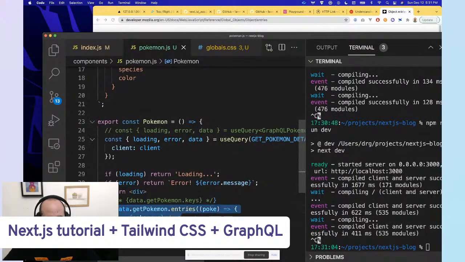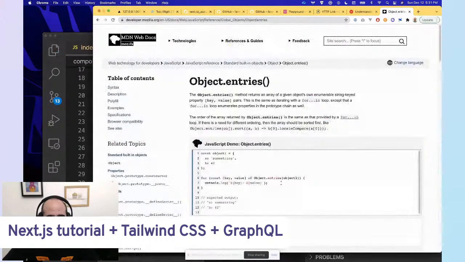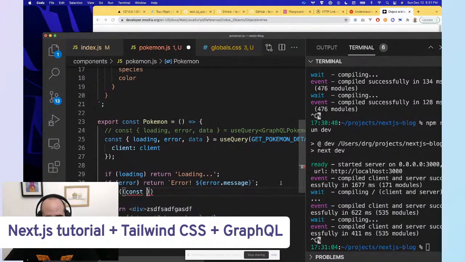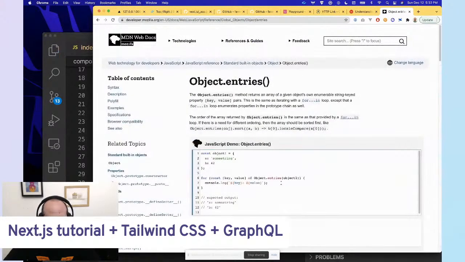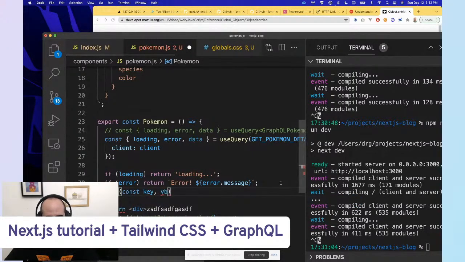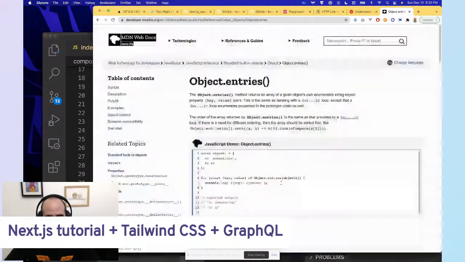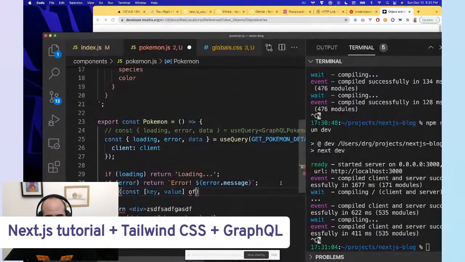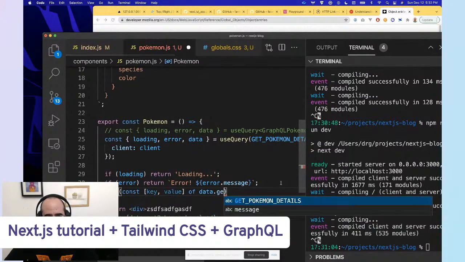So tell you what, let's get rid of this. We're gonna do this, and then we're gonna do for const key value of data.get